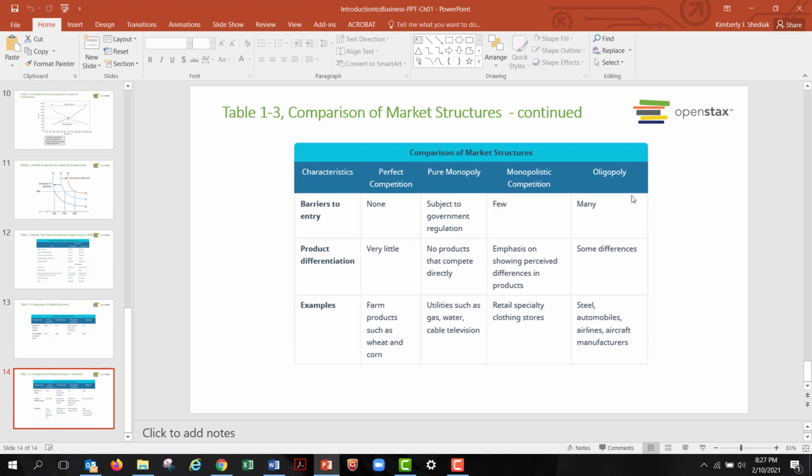Then we see barriers to entry, product differentiation, and some additional examples. Again, looking at perfect competition, pure monopoly, monopolistic competition, and oligopoly. Are there any examples that you can think of